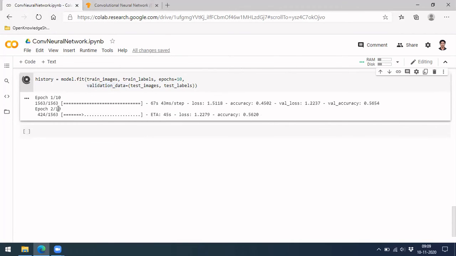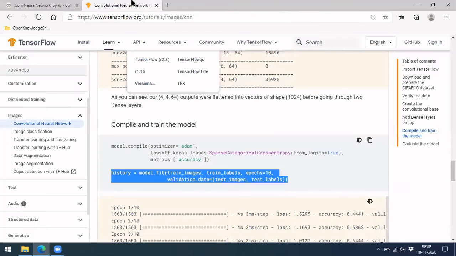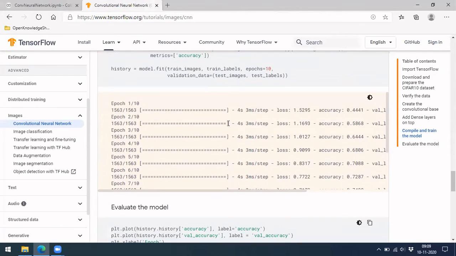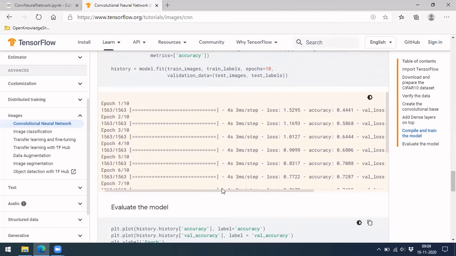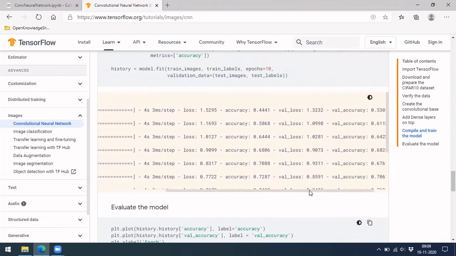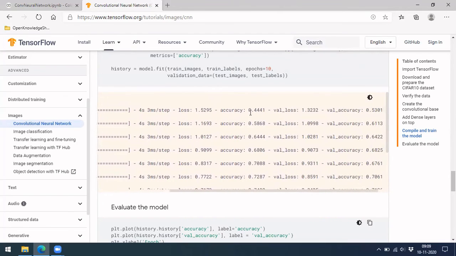Let's move on. By the time this happens, let's go on to the code, and let me try to explain from there instead of us waiting here. Okay, so this is the output of the same run. You can see the log here. The initial accuracies are 0.044, and then it goes this way.